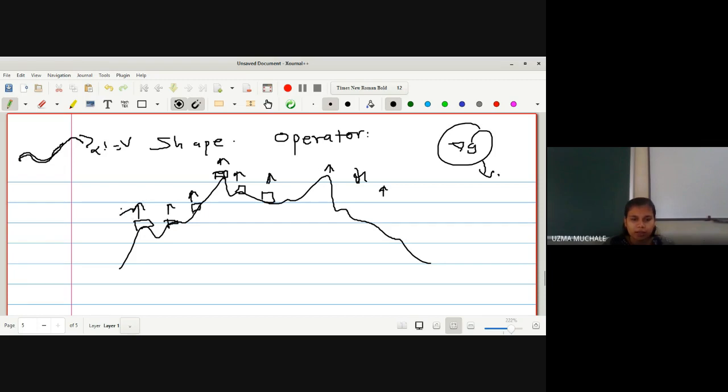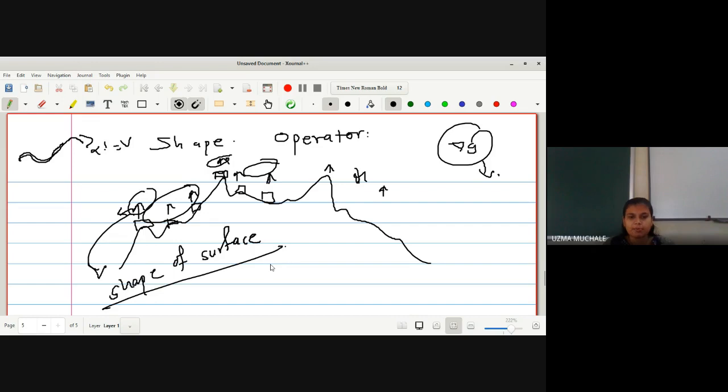I now have to find the rate of change of a normal, by how much rate these normal vectors are changing, which will give you the shape of a surface. Without knowing what the surface is, I can tell the shape of a surface with the help of the rate of change of a normal vector. Rather, in a very specific way, I can say the rate of change of a unit normal vector. Instead of finding a normal at every point, I will find a unit normal at every point and the rate of change of that unit normal.